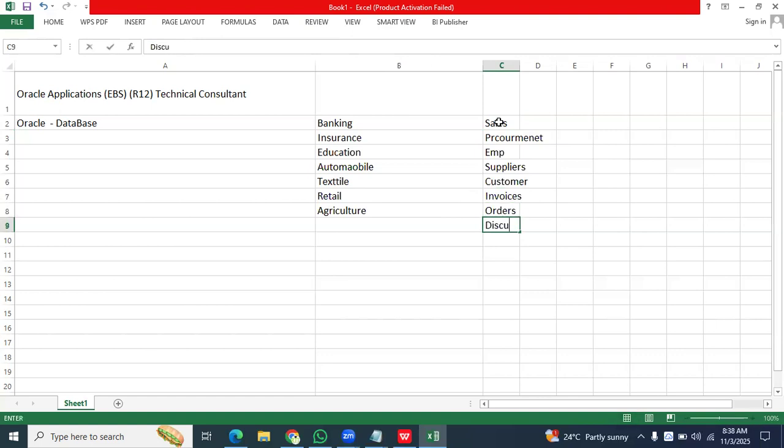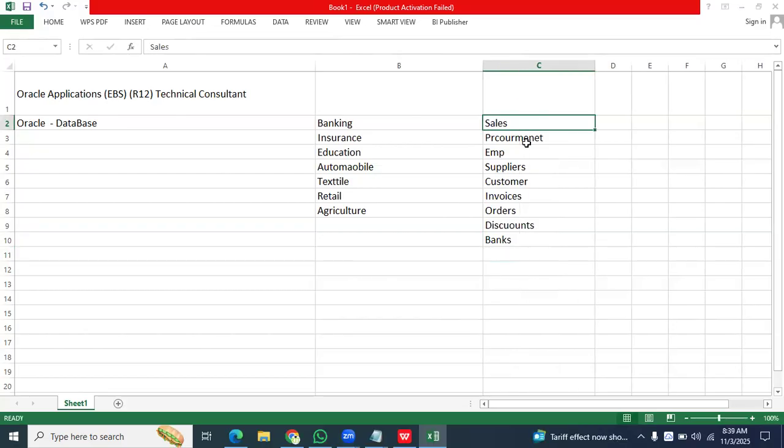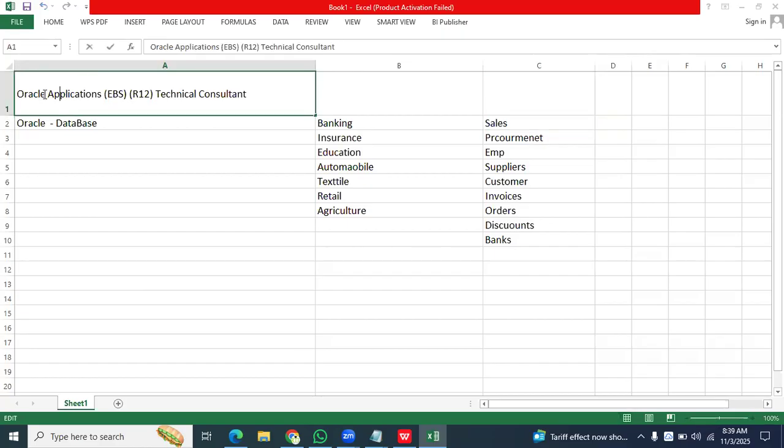orders, discounts, banks information, bank transactions information. All this information needs to be maintained in a proper format. When we take this information in a proper format, it comes as a database. When we talk about Oracle here,